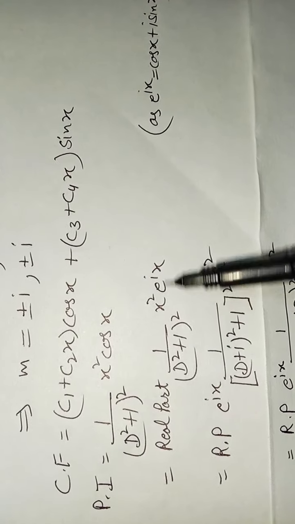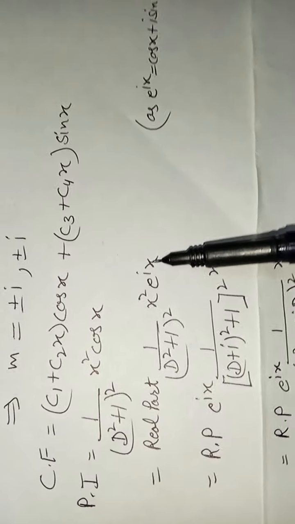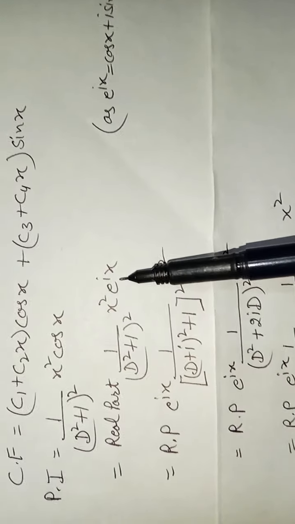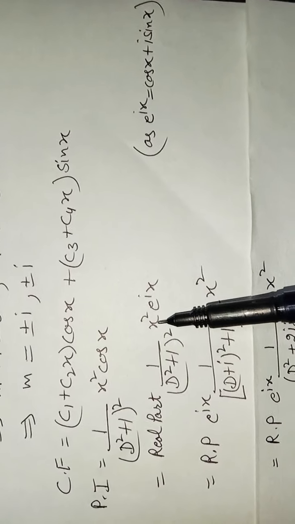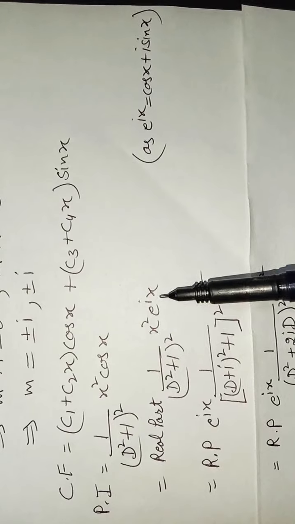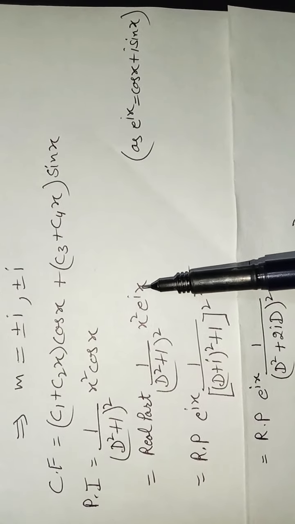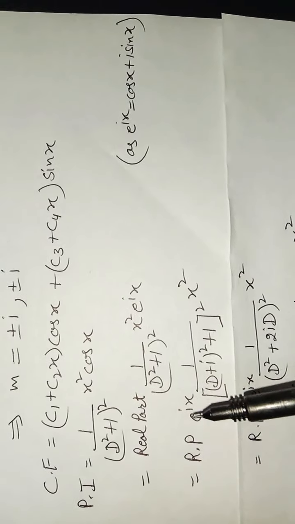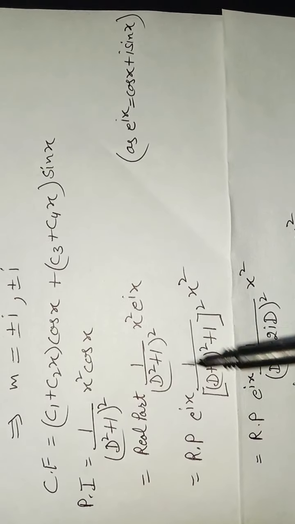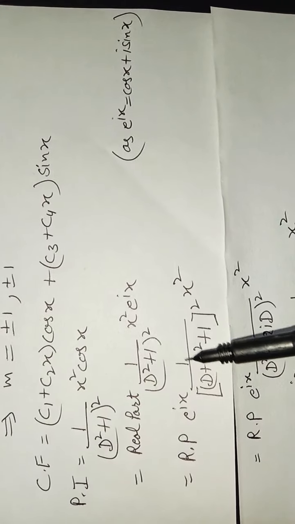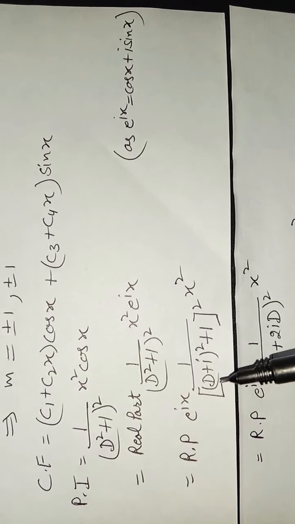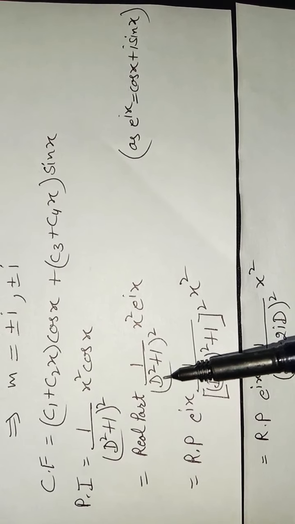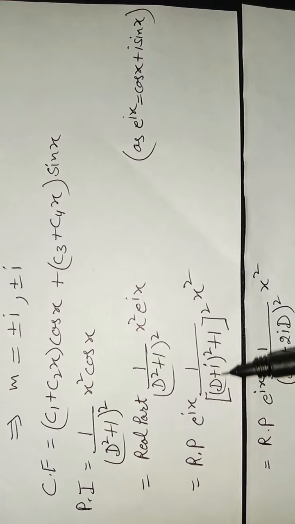Okay, so now we have the first case of this video lecture, that was e raised to the power ax multiplied by V. So now V is what? x squared, and a is what? Iota. So first we take this exponential part out of this part, 1 over f(D). So take it out and replace D by D plus a. A means iota. So replace D by D plus iota.